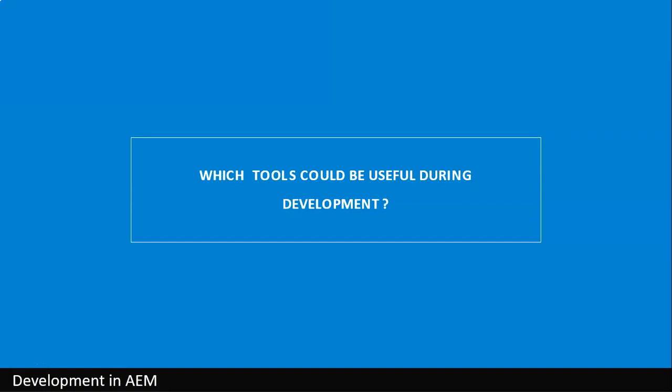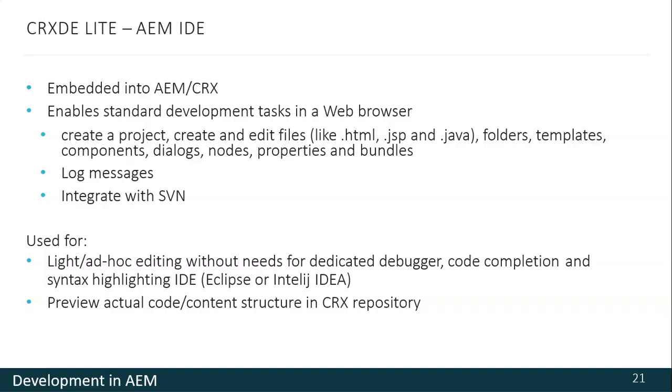Now, one could ask which tools could be useful during AEM development. IDE installation is not necessary because you can write code using CRXDE Lite, the Adobe IDE which is available through the browser when the AEM server is running. You can create a new project, create files and modify them there.